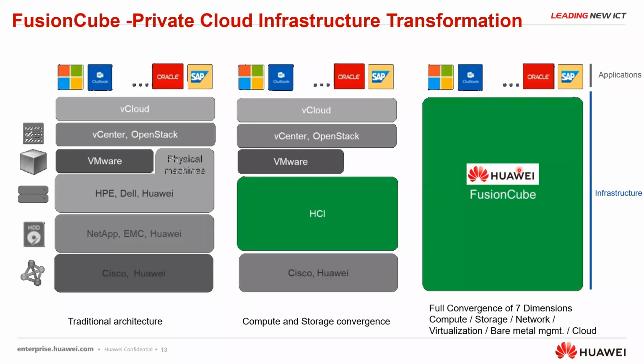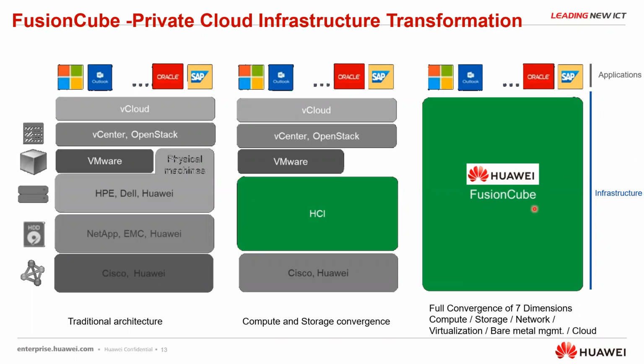And now we are talking about the full stack, the FusionCube full stack. So this full stack has the 7-layer convergence. With the 7-layer convergence, you can see this entire layer is converged into one single box, one single infrastructure. From the business point of view, one is the infrastructure component, another is the application. So we have simplified the journey of integration, delivery, deployment, maintenance, and operations. All this has been simplified, and this is a one-box solution for the business. So directly the business can start their